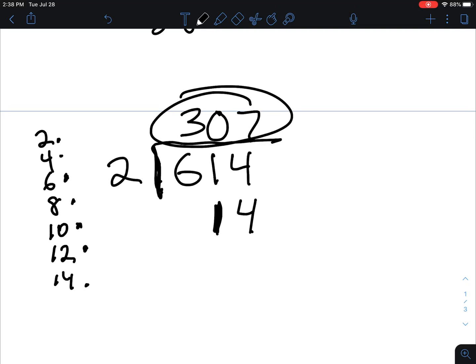So if you got 307, great job. All right, don't get frustrated. Keep practicing that division. And if you're doing really great at it too,